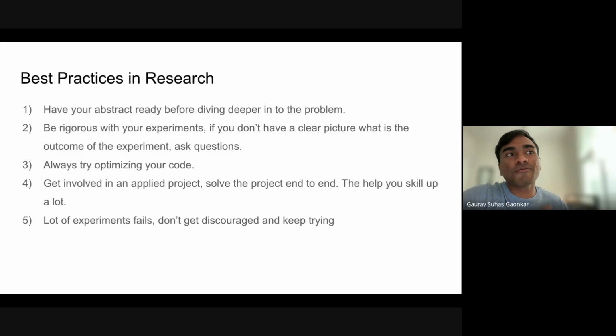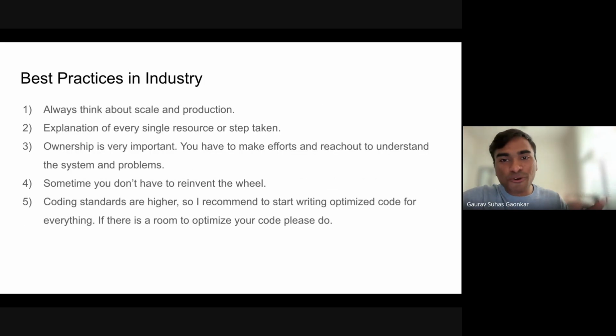Get yourself involved in an applied project. From my journey, I have tried expressing that applied projects are very important, and they are of similar power to the core projects. If you do an applied project, it will build your understanding on another level, and this will help you scale up a lot. One thing I would like to mention in research is that a lot of experiments will fail, but don't get discouraged and keep trying. Similar holds true for industry as well, but here there are a few additional parts,